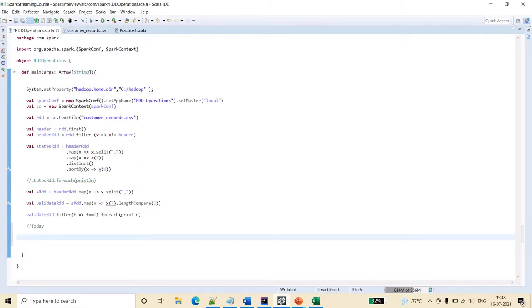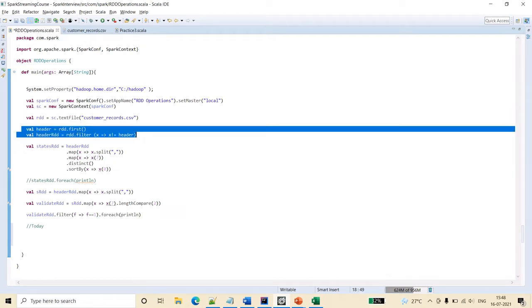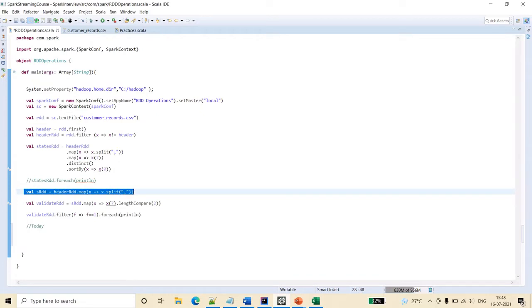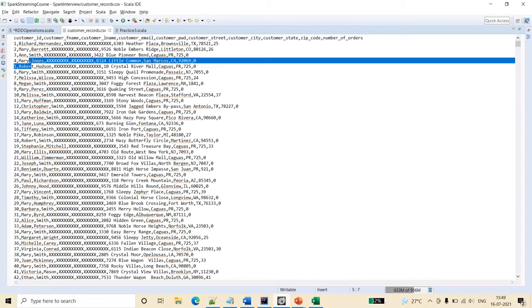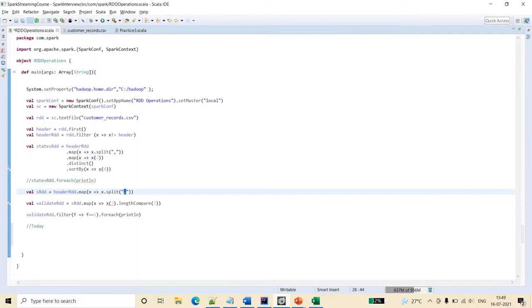Today I am just reusing the same code until a particular point. This RDD is already created, the header is removed, and it is split with comma, because this is a comma separated file. That is why the code is present for split with comma. Now I have to find the maximum number of sales, so I'm creating a max RDD. Here we need that split file, so I'm using this split RDD,